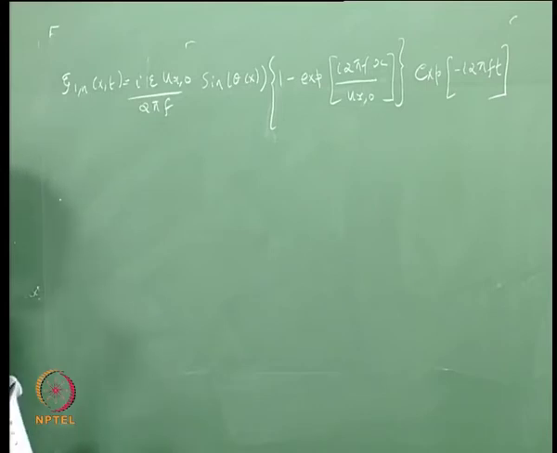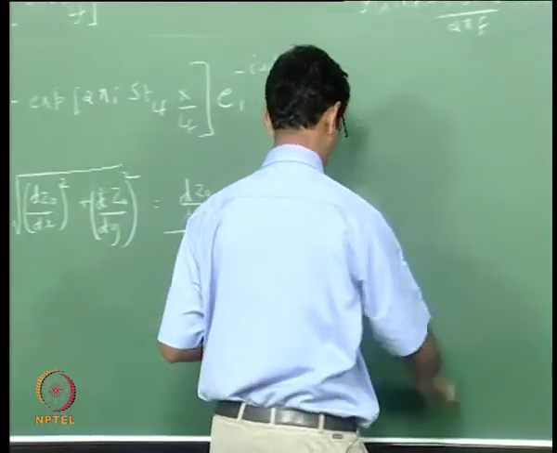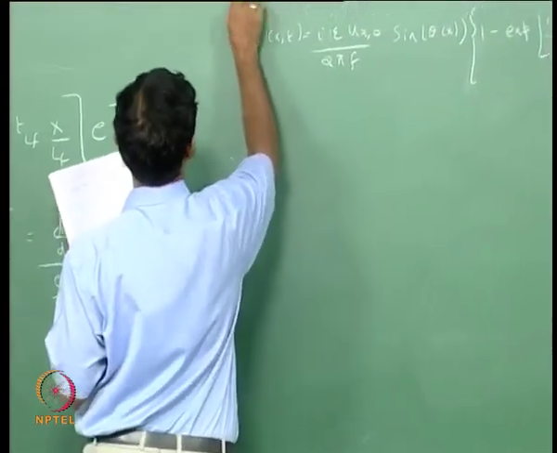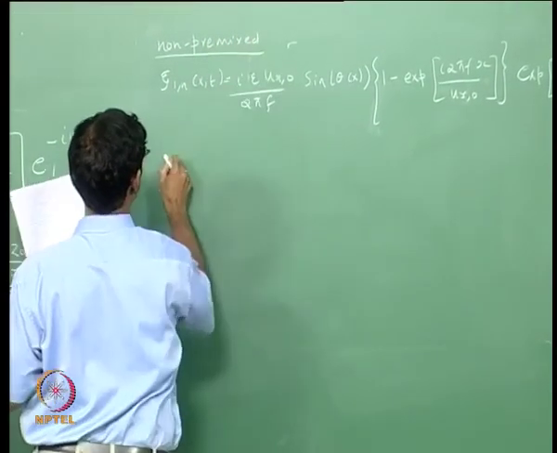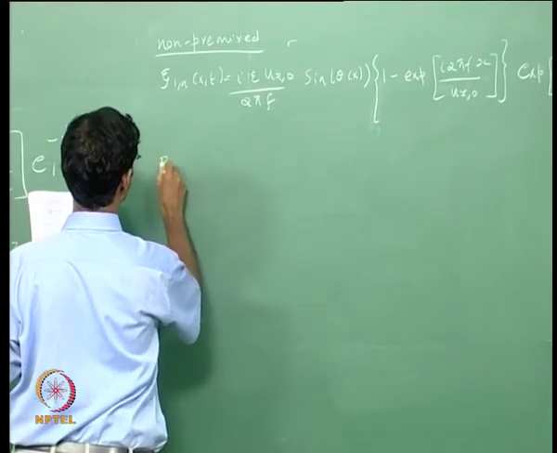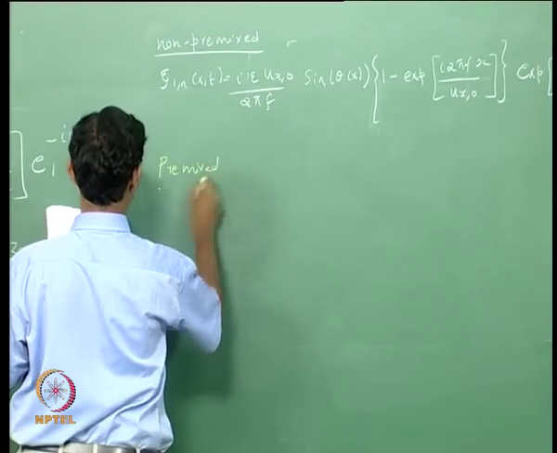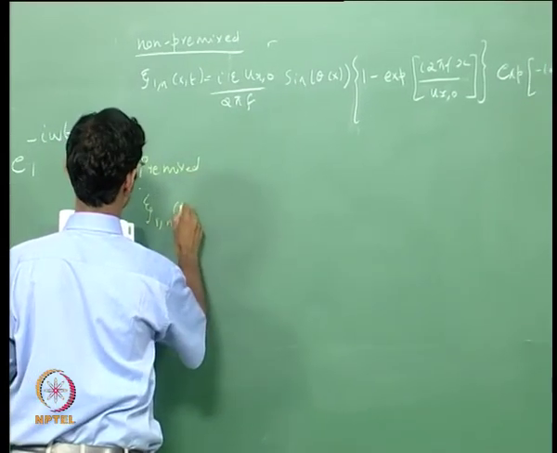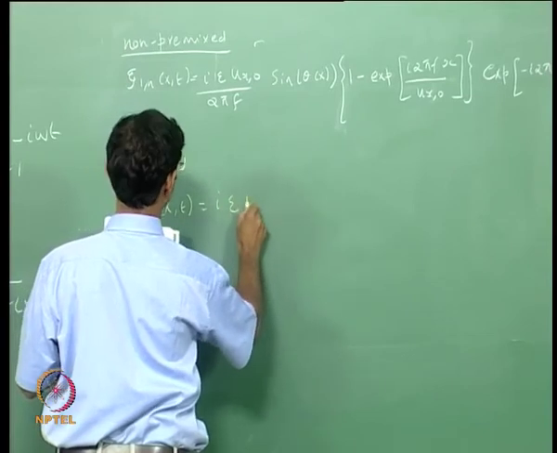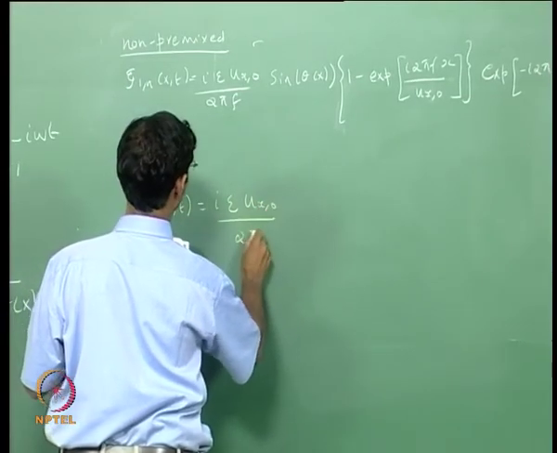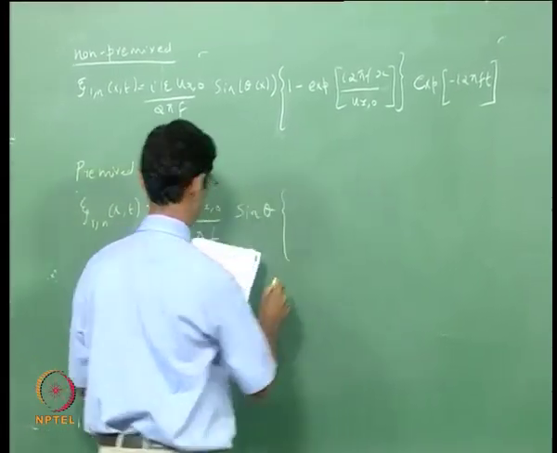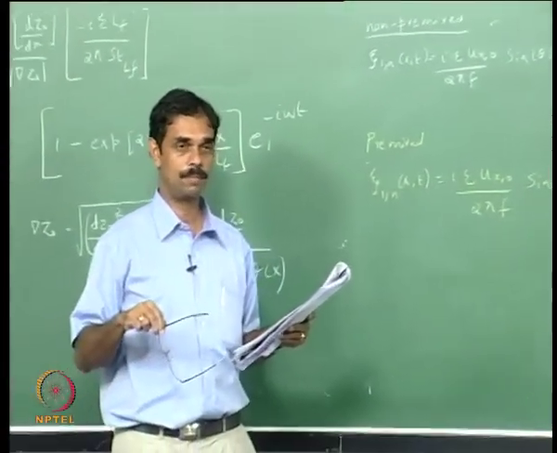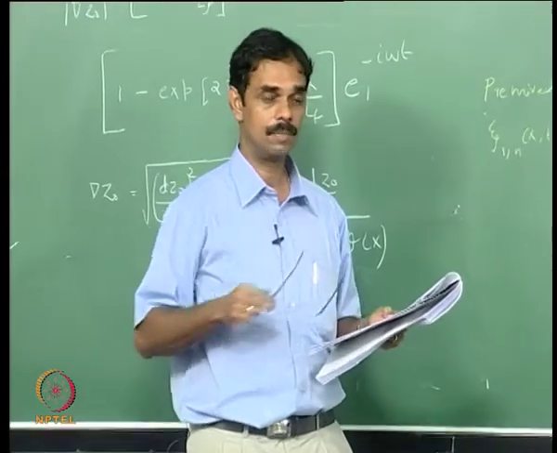Okay. Now let us write the corresponding formula for the premixed flame and see whether there is anything in common. So this is for non-premixed and let us write for premixed. So you see the formula is very similar. Now the flame angle is constant as long as you have a uniform velocity profile, unless you have convective